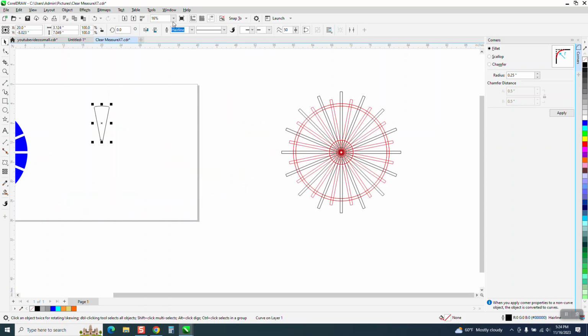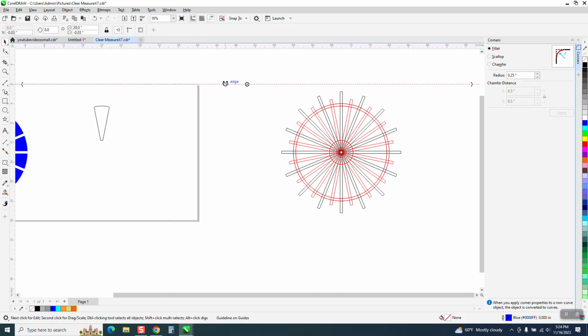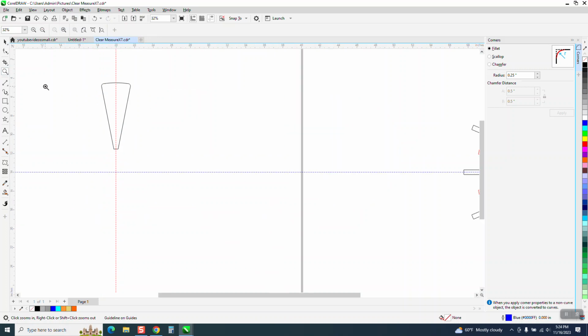I'm going to turn on my indexing lines and put them in the center of the page. I'd actually had them on. Just hit P, put that in the center of the page, and P, put that in the center of the page. I had somebody else ask me the other day if you have to do anything for different size pages. When you hit P, it puts it in the center of the page. So now I can Control D to make a duplicate